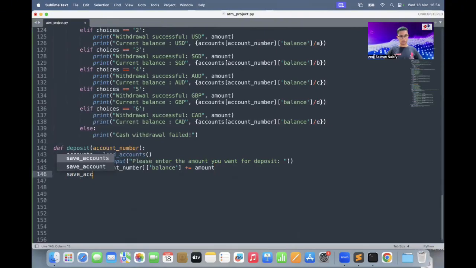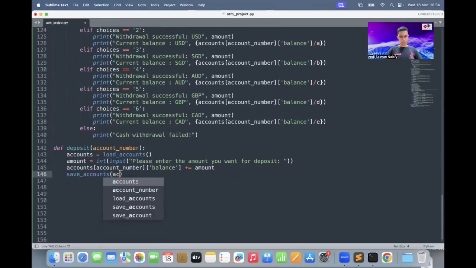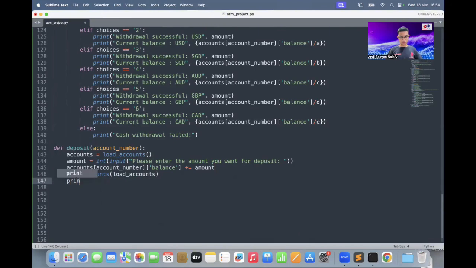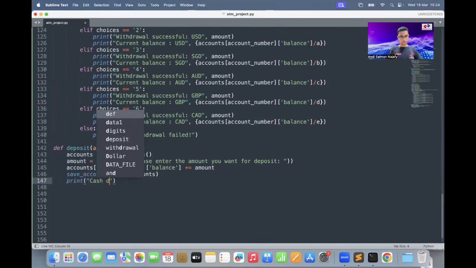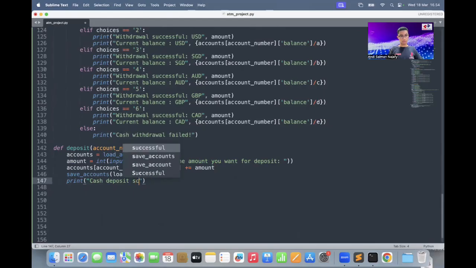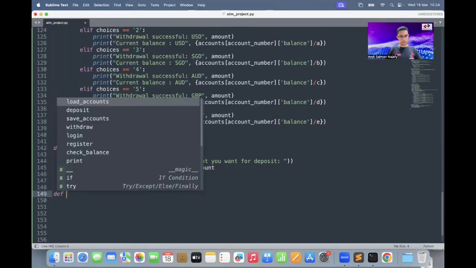And then don't forget to save accounts like this one, and then cash deposit successful. All right, so we have done for this one, and let's get into the next one, which is for cash